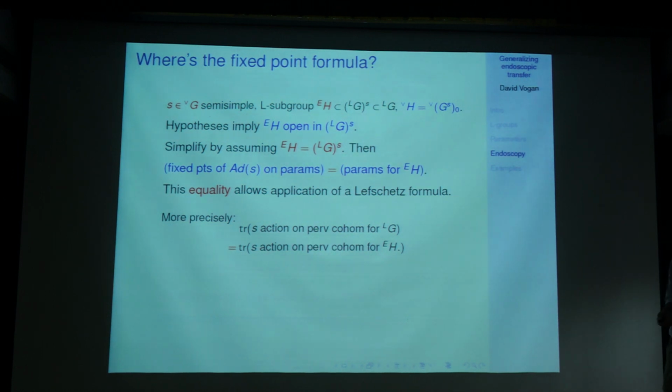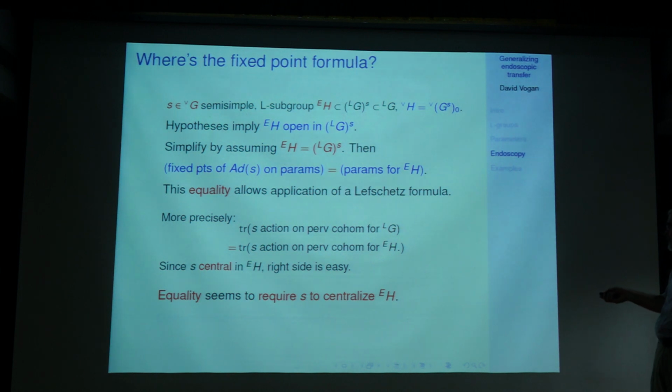Yes? Before you defined, I think, parameters as G-check orbits. Yes. But here you mean actual parameters, right? Yes. Well, so, yeah, I didn't make this terminology very clear. I think I should make a parameter an actual homomorphism, but equivalence classes of parameters are G-check orbits. Okay. And well,